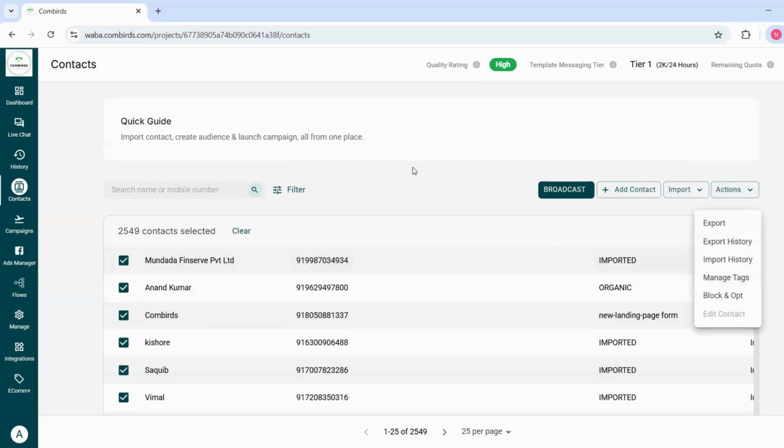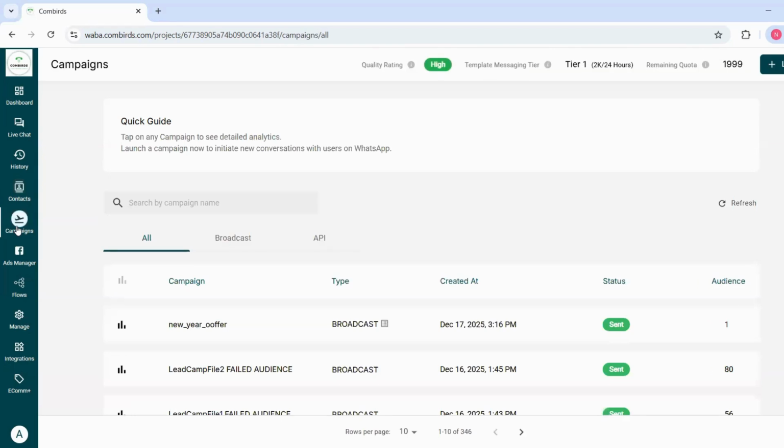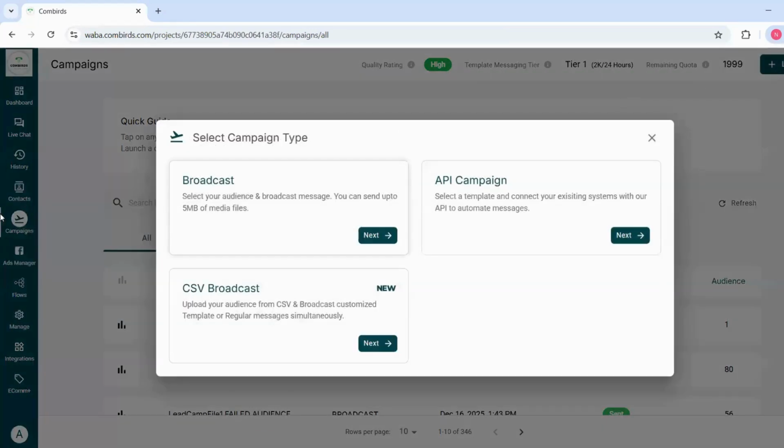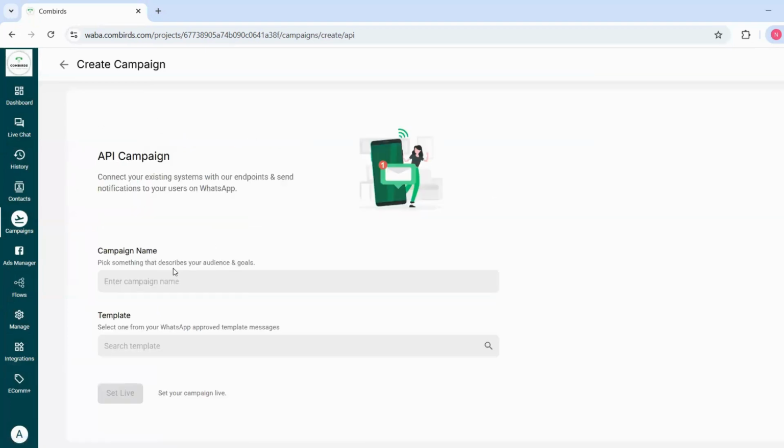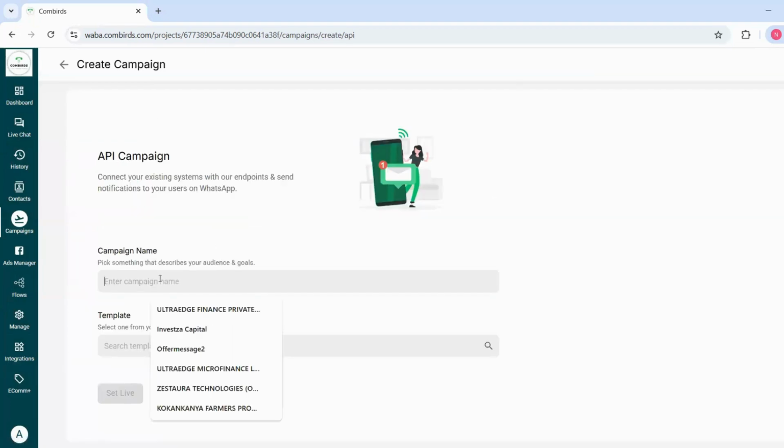Now coming back to the campaign section, as we already discussed the CSV broadcasting and how you can manage it, now we will look into the API part, like how you can send the messages through the API. So once you click on launch, you will find this API campaign. Over here, you again need to give this campaign a name. We suggest that you keep the name the same as your template name so that you can identify between the campaigns,